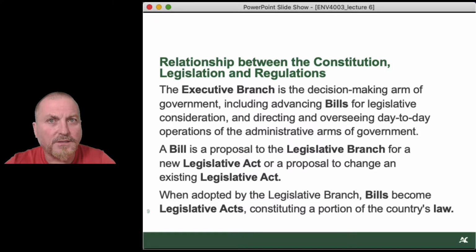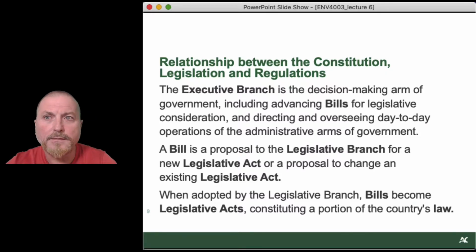The executive branch is the decision-making arm of government, obviously. Primarily the executive branch, which is the Prime Minister's office and the Cabinet, will advance bills for legislative consideration. And they will direct and oversee day-to-day operations of the administrative arm of the government, or the bureaucracy. Because a minister will be appointed to be Minister of Health or Environment, and they're responsible for that administrative arm